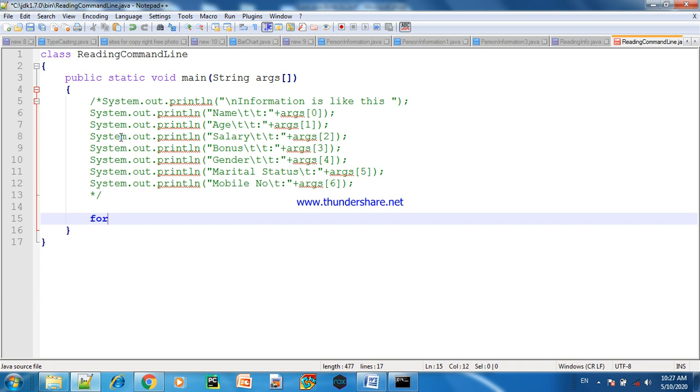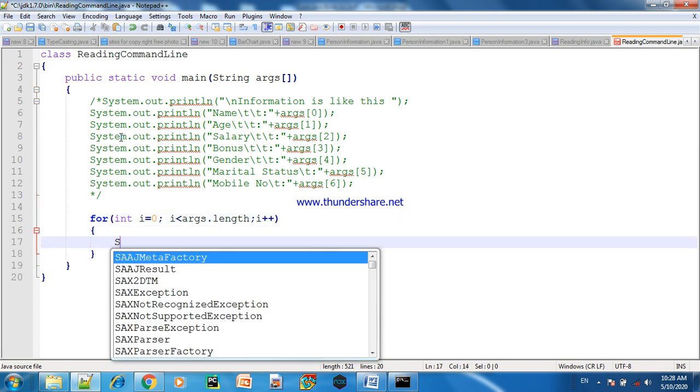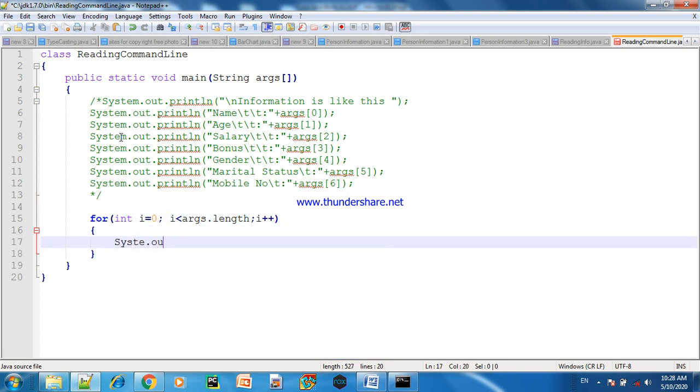Second, we can print this information with the help of a for loop. We will write for int i equals 0, i less than args.length, and i++, System.out.println args[i]. It will print the information that we feed over here.